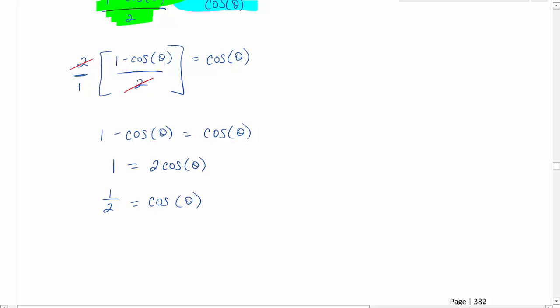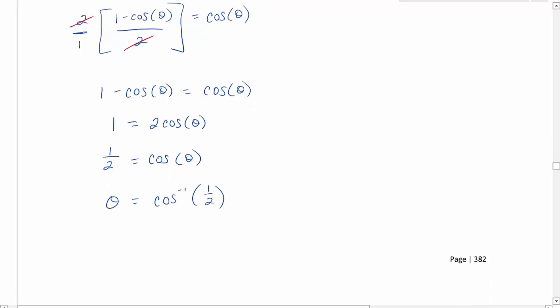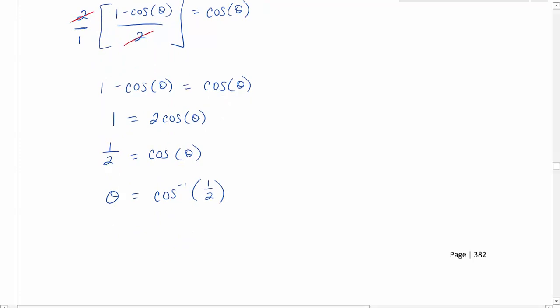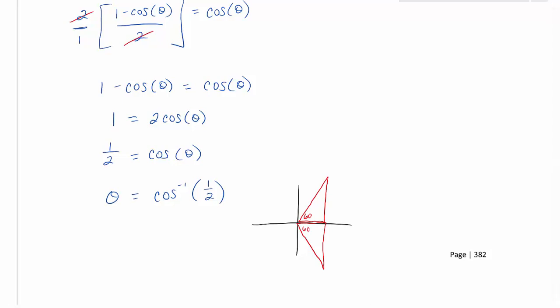1/2 is on the unit circle, so we're happy to see that. Theta is going to be cosine inverse of 1/2. So now let's figure out where on our unit circle cosine is equal to 1/2. That's the short side of our 30, 60, 90 triangle. 1/2 is positive, so that means that we are in either the first or the fourth quadrant. So short side for the x, long side for the y. That's a 60-degree reference angle for both of our triangles. So for the first one, theta is going to be pi over 3, and the second one is going to be